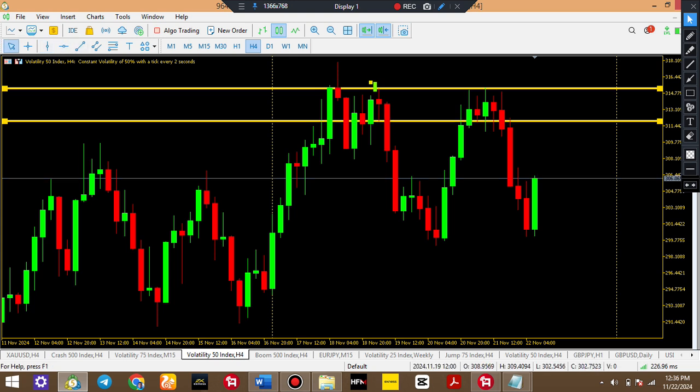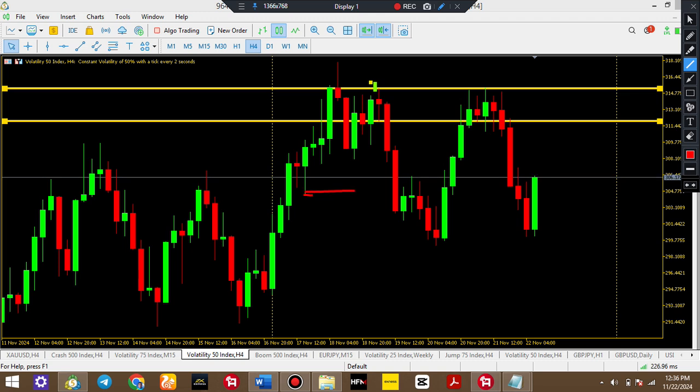So this area becomes our bearish order block since price has broken structure here. Is that clear? Since price has broken structure here, this is why you need to pay more attention to your chart. So price has broken structure in this area. Is that clear? Price broke structure.